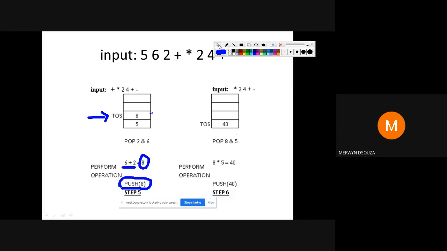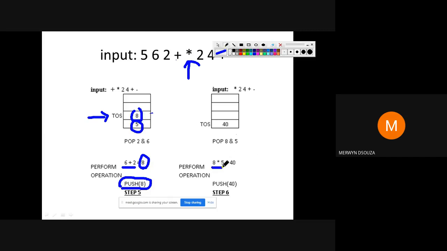After you do that, you go back to step 2. Continue scanning your expression. Next you're going to scan this, multiply. Then you again get an operator. Again you will apply step 2C. When you apply step 2C, pop the two topmost. Now the two topmost are 8 and 5.